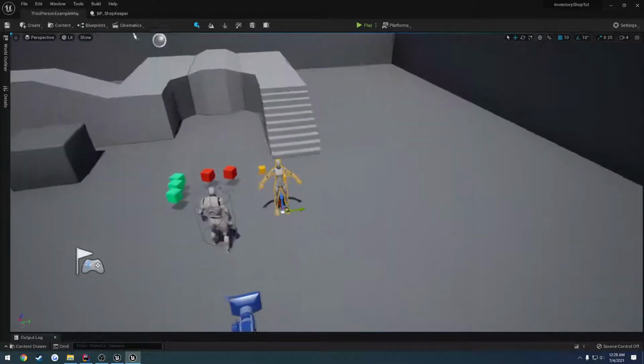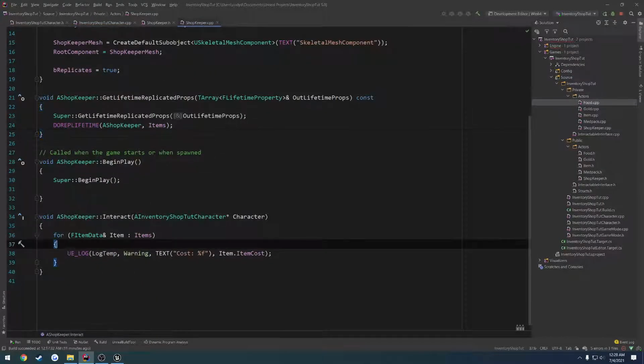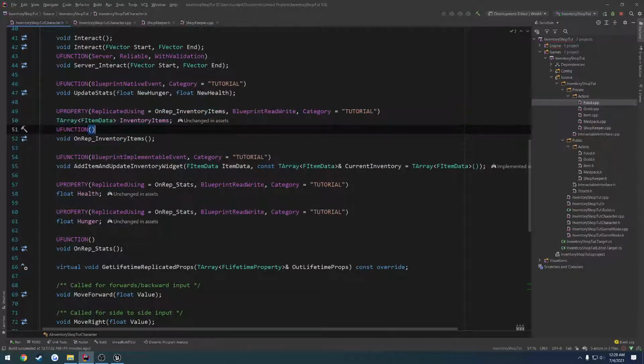So let's go to our shopkeeper. We have our interact. What we want to do is call a function here. So we need to kind of think about this. So we're currently calling the,